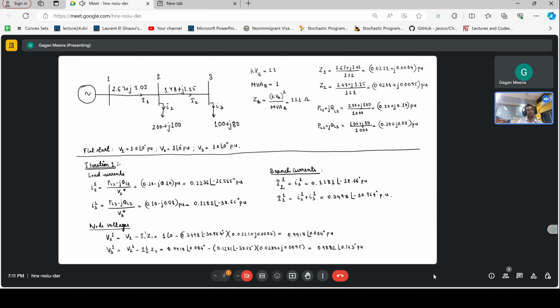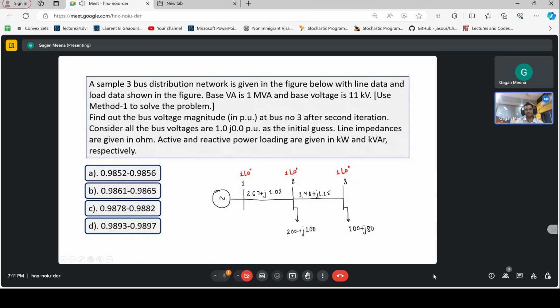0.1 plus j0.08 is already given. We have to start with flat start. The initial guess is flat start, 1 angle 0. So now with this assumption, we know that P,